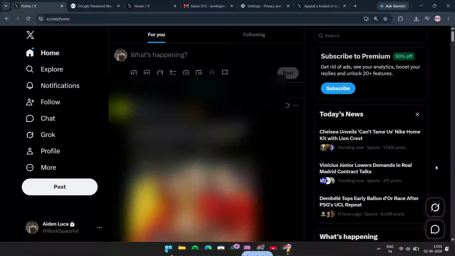If you've ever liked a post on X, formerly Twitter, and later wanted to find it again, you're in the right place. In this quick tutorial, I'm going to show you exactly how to check your liked posts on X.com or Twitter in just a few seconds. This is super useful if you want to revisit a post, save a useful thread, or find something you interacted